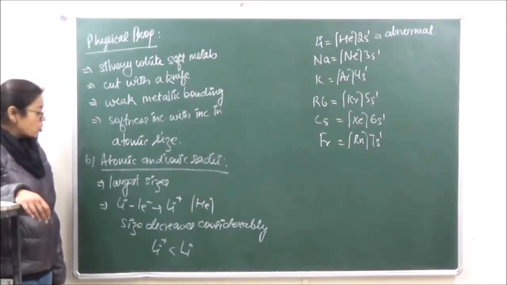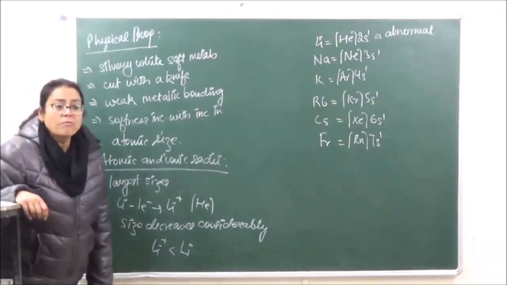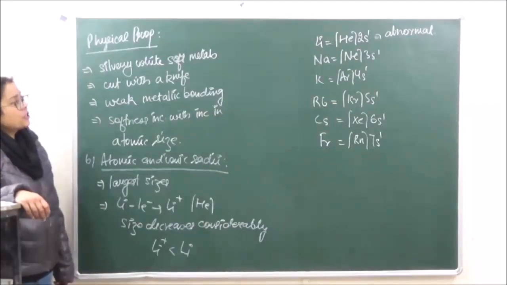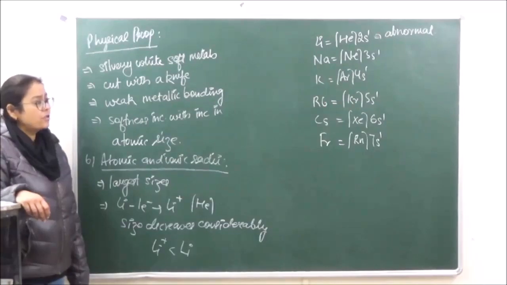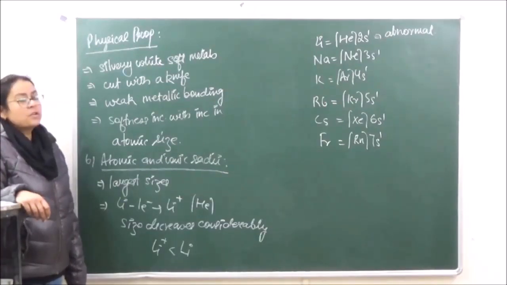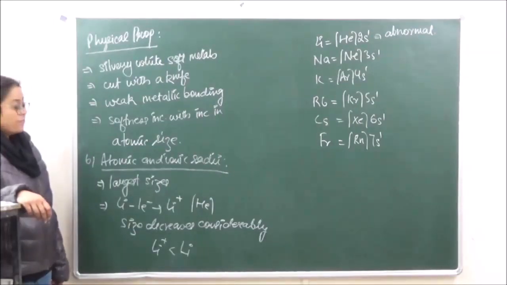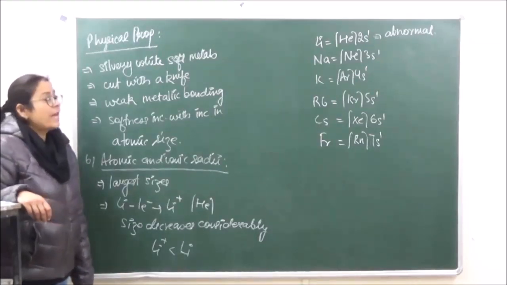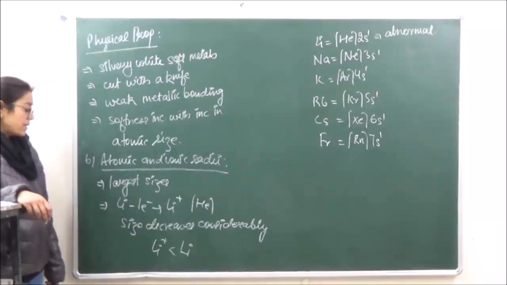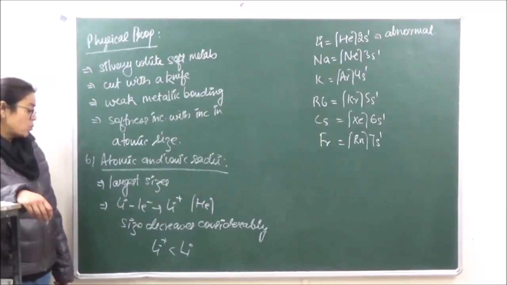And now also the effective nuclear charge in this case is going to increase because the nuclear charge is now acting on a lesser number of electrons. So if you're looking at lithium's electronic configuration, first it was the same nuclear charge acting on 3 electrons. Once one electron has been removed, the same nuclear charge is acting on 2 electrons. Right? So the effective nuclear charge will also increase, and also one shell is completely removed. Therefore, Li positive is going to have a small size with respect to Li.